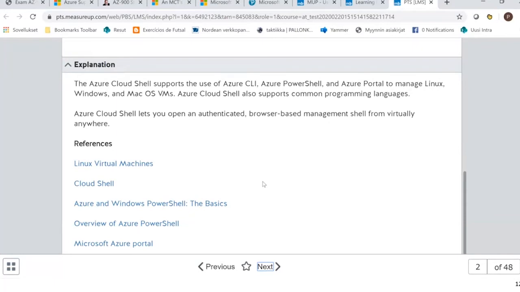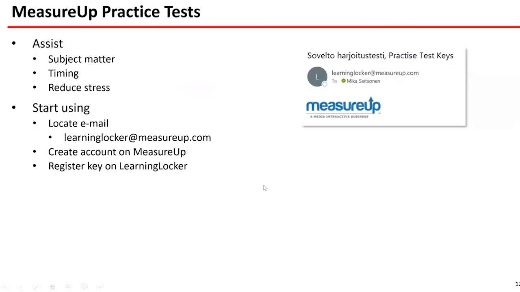So this was the practice mode, and there was the separate official simulation mode where you can practice for the real exam with a real time frame and so on. It's really good, and hopefully you will get a practice test key today if everything goes well. But this is also a good way to prepare, of course, for the subject matter, but also the timing.